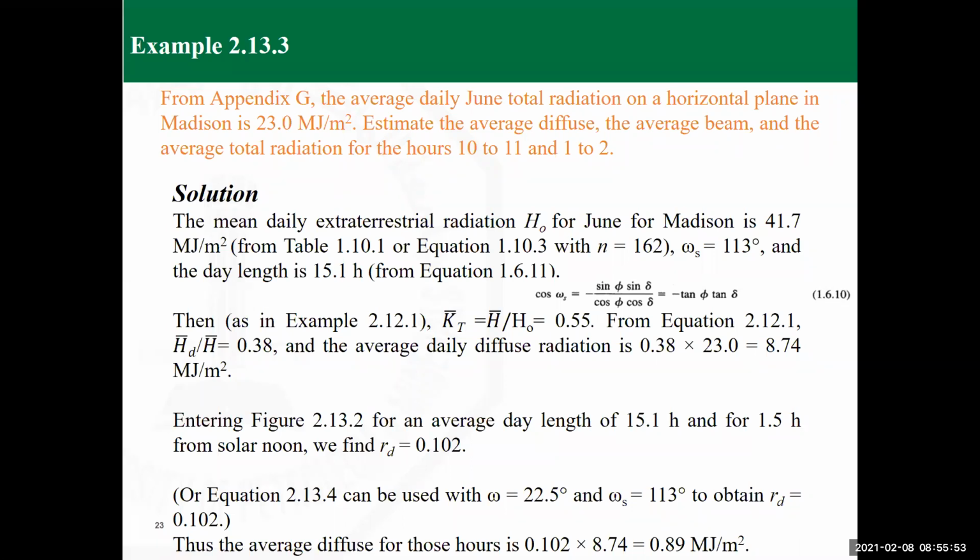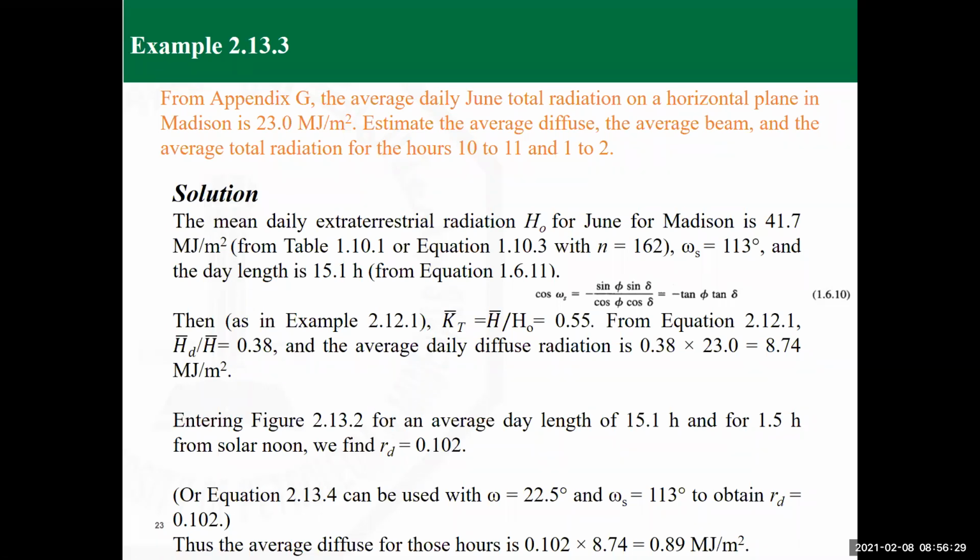So for the value of H naught, we have two sources to calculate it, either from a table or from an equation. The value of n, you can either calculate it or you can refer to the table to obtain it. Omega s, I've added the equation down there for calculating the sunset angle. And the daily length, which is again capital N, can be obtained either from a figure or from equation 1611. Knowing all these values, then we can do like what we did in example 2.12.1 by calculating